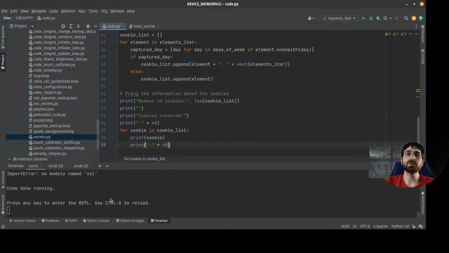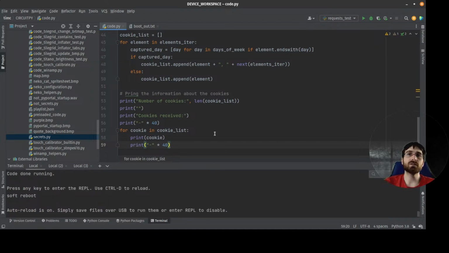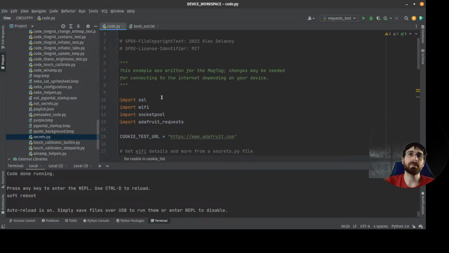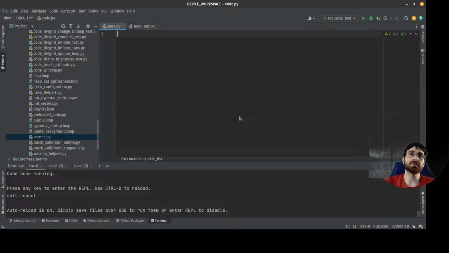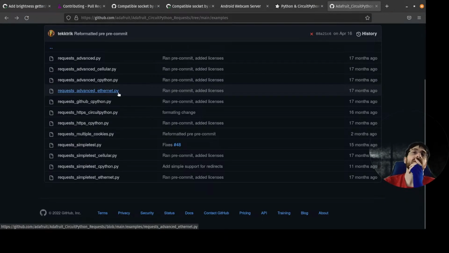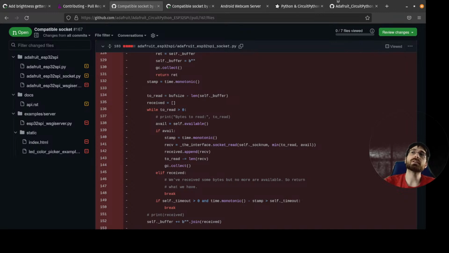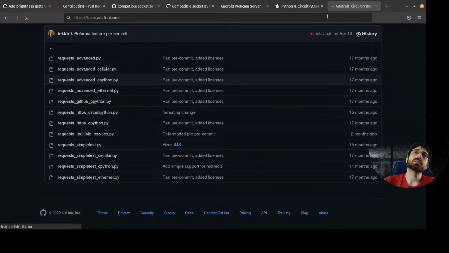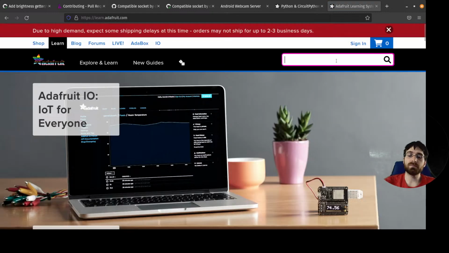Test? Multi-cookie. Or, it's not for ESP32 SPI, actually. Okay. Maybe also grab a,